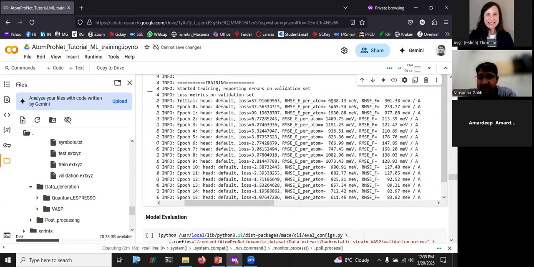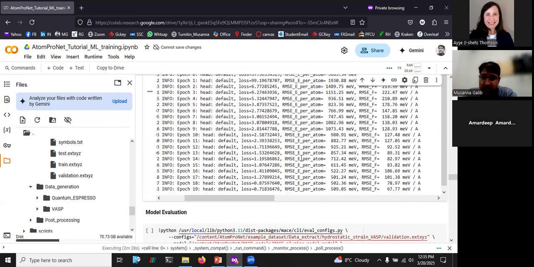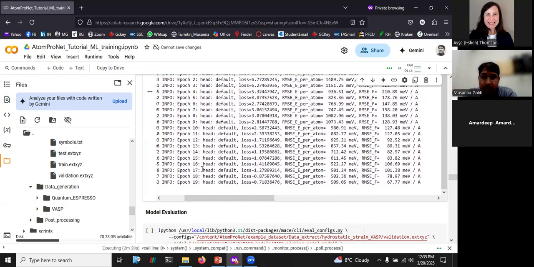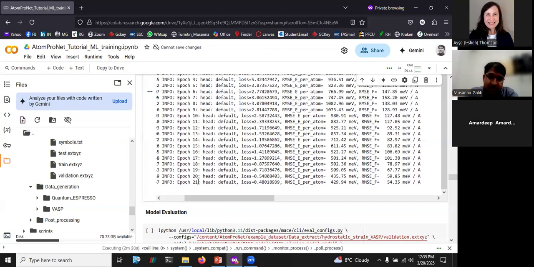One is the RMSE of energy, and the second one is the RMSE of forces. RMSE is root mean square error, per atom for the energy, and for the forces it is the total forces of the system. So now it's around step 19. I think it will take 2-3 more minutes to complete this training. Once the training is done, we'll get the interatomic potential for